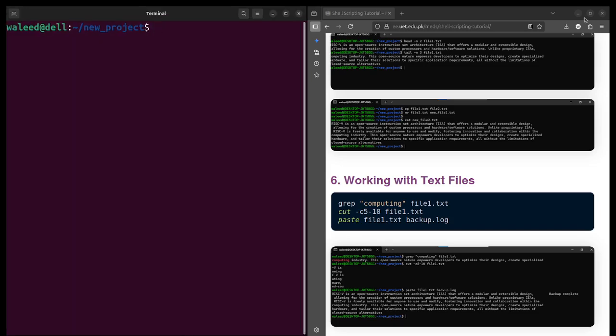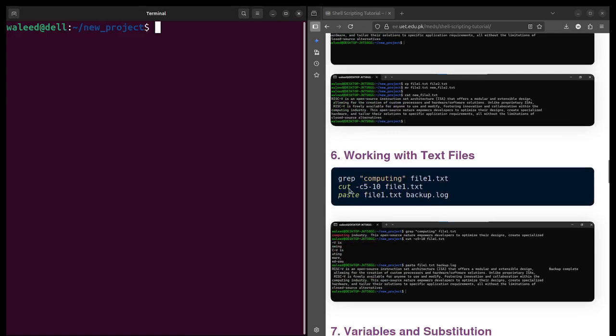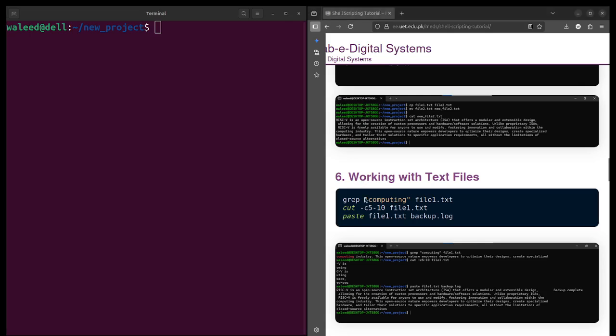Now moving forward, we have cut. Okay, so it is used to extract a specific part from a file. For example, as I have used here, -c5-10 means it will go to that file and from each line it will extract the characters from position number 5 to 10.